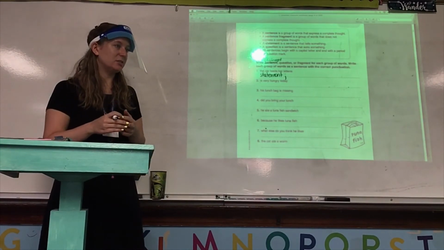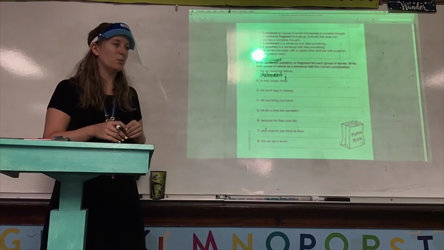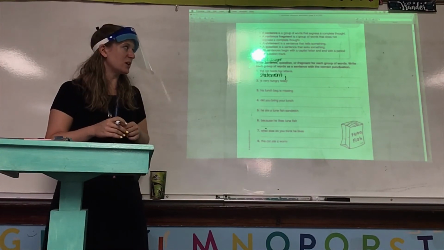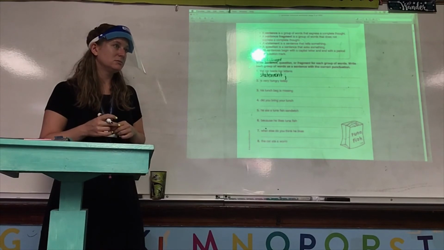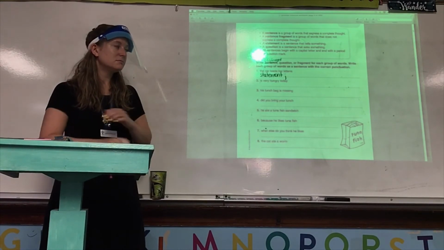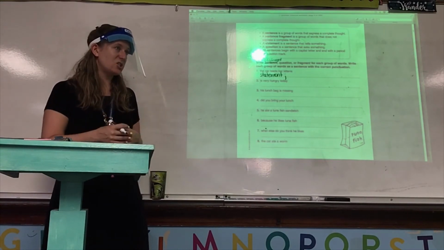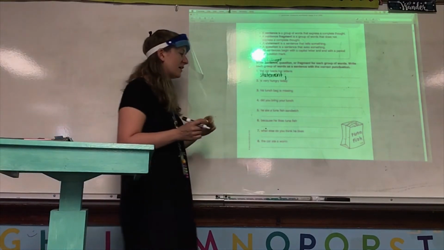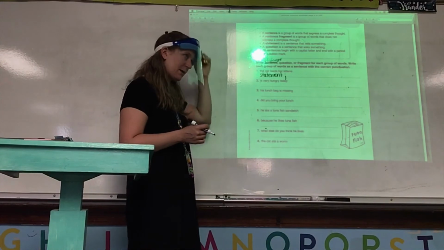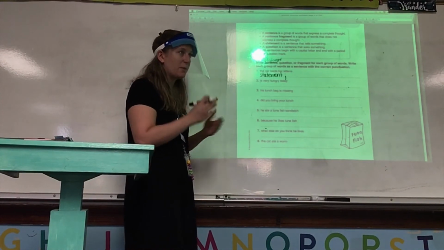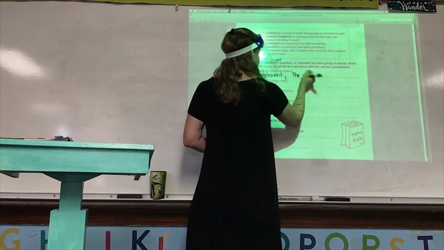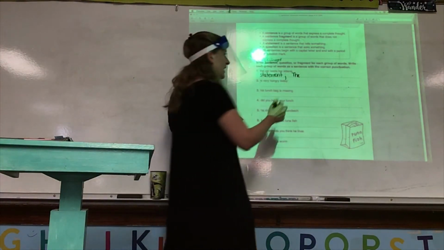It's on your paper too. You don't have to look up here because it's on your paper. What is it missing? What does the second part of the directions tell us to do? It's missing punctuation. What else is it missing? It's missing punctuation and a capital letter. So, which letter am I going to capitalize? That's what I start with, right? The first letter. The very first letter. And then I'm going to go ahead and finish writing the sentence.